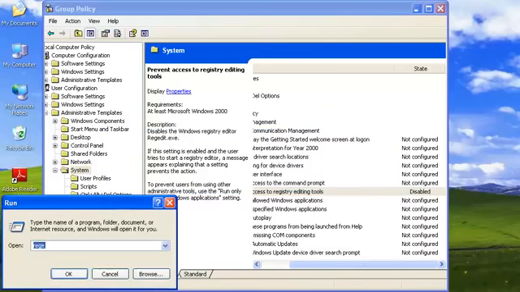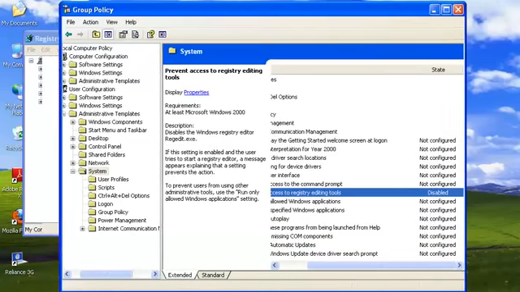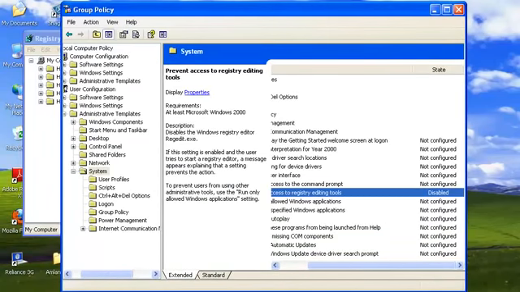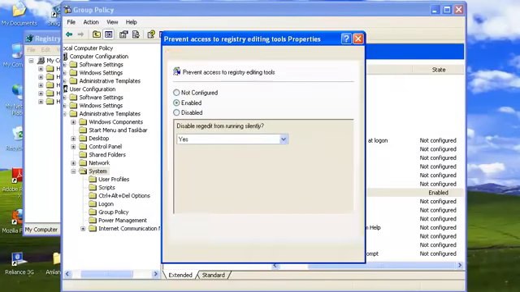I have not typed the entire thing, so it should be regedit. And there you go, you have the keys and everything neatly assigned, because I have now disabled it. But say I again enable it, I just double click it again, and I enable prevent access to my registry editing tool. I apply this,